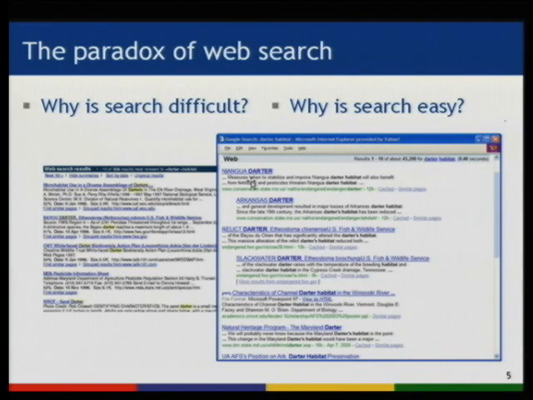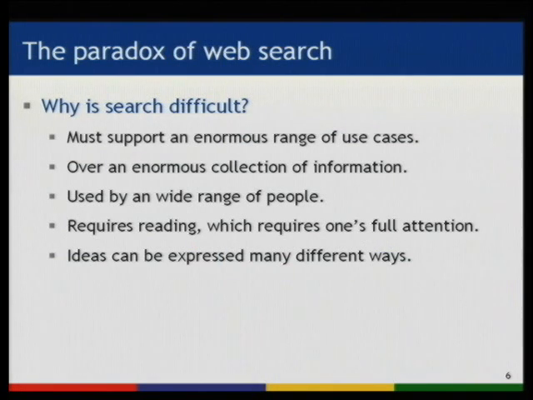I use this illustration in the first chapter to talk about the importance of keeping the interface simple and what's difficult about search and why it leads to this simplicity of design, although, of course, we know that's changing to some degree. But one of the reasons is you have to support an enormous range of use cases. So if you're making a word processor, the use case is people writing articles or other things, and there are a lot of variations on that.